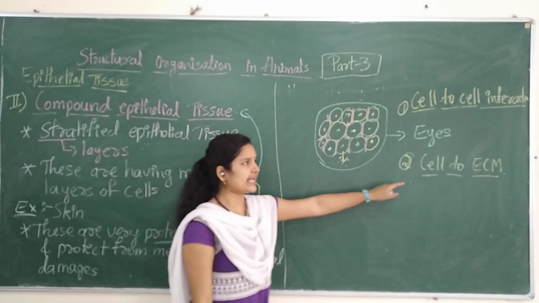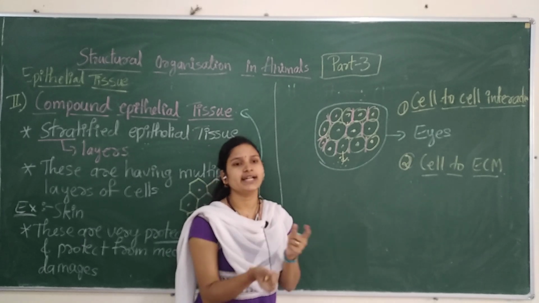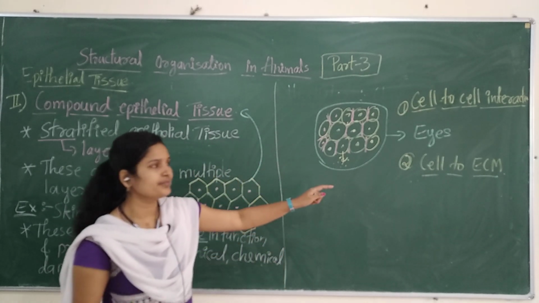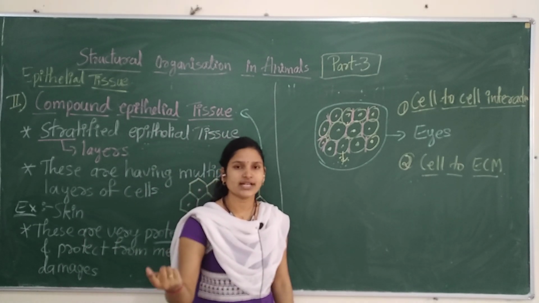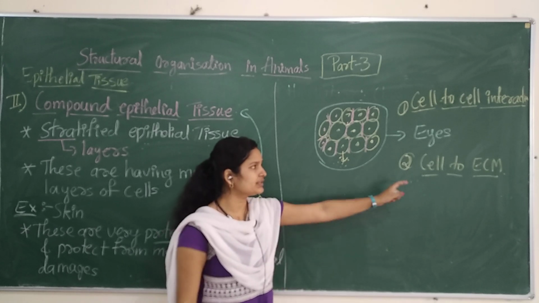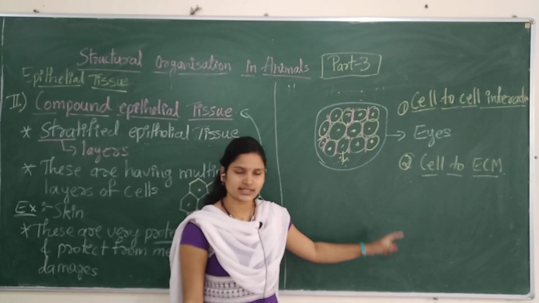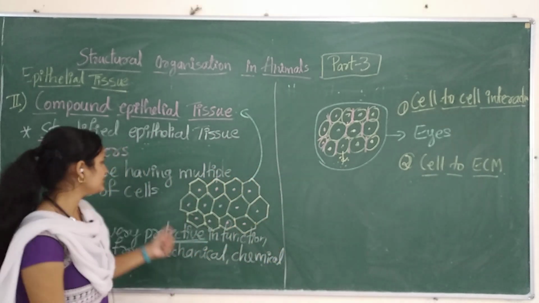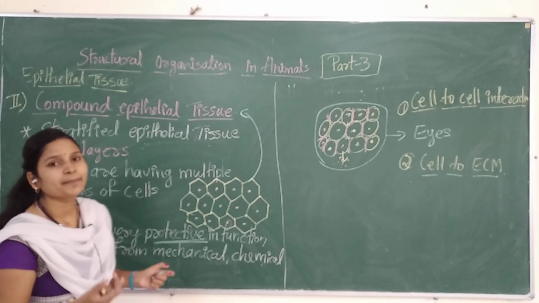That type of interaction we call cell to extracellular matrix. The cell interacts with the outside environment for the exchange of ions, whatever minerals and necessities the cell has. If the cell is interacting with another cell, we call it cell to cell interaction. If the cell is interacting with the extracellular outside environment, we call it cell to extracellular matrix interaction. So why I am telling all these is, based on these compound epithelial tissue there is